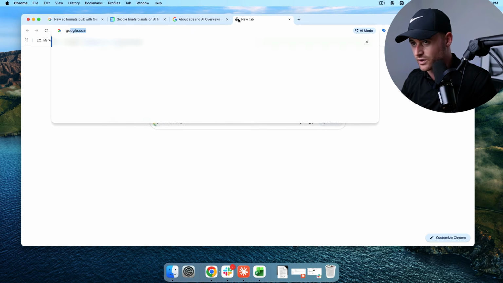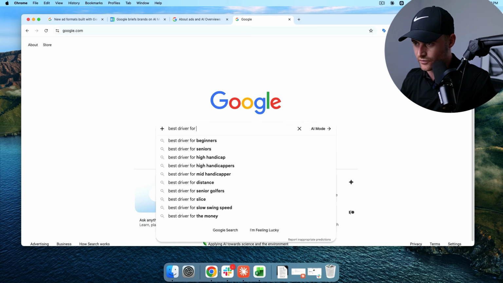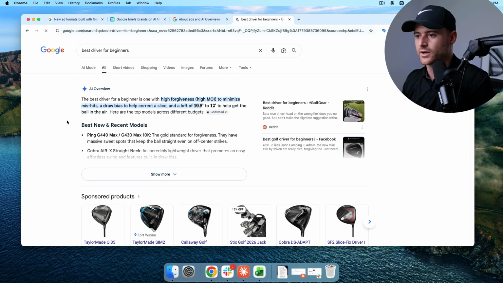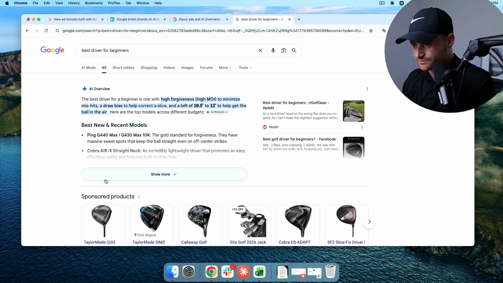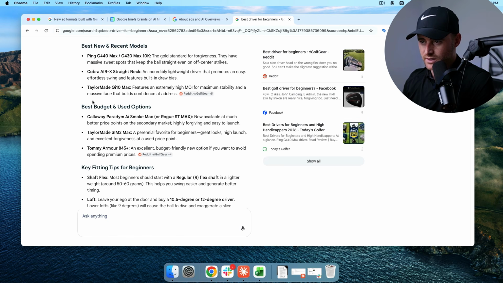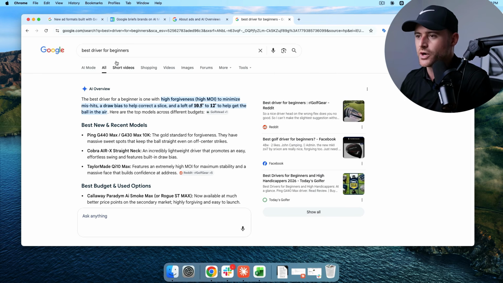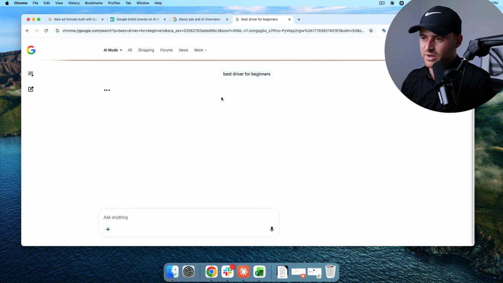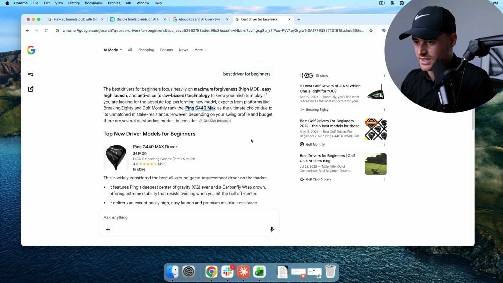If you don't know what any of that is, if I go to Google right now and search best driver for beginners, like golf driver, here's AI Overview. This is the first thing they showed me, which is basically a complete breakdown of everything you might want to know. And then there's AI Mode, which is basically talking to an LLM, because it's using Gemini technology.